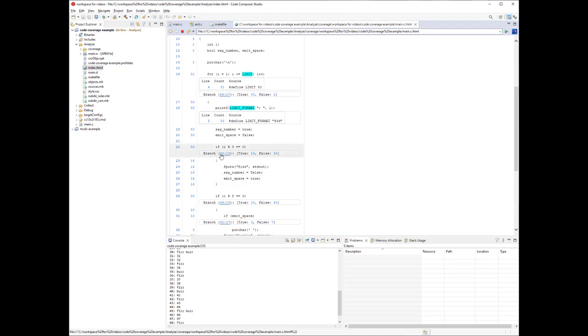So this one on line 22, starting on column 13, was true 16 times and false 34 times. The rest of them, 50 minus 16, is going to give you 34. That's where that comes from. And the test here is if i is divisible by 3, well, in the range of numbers 1 through 50, that happens 16 times. And you can see that down here in the output.